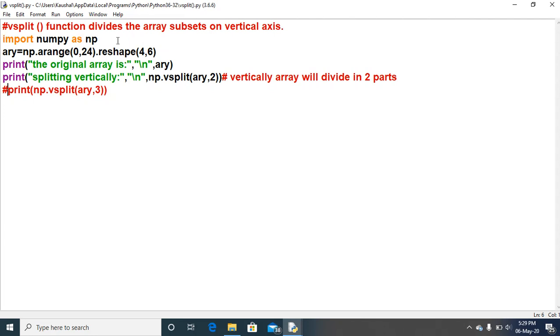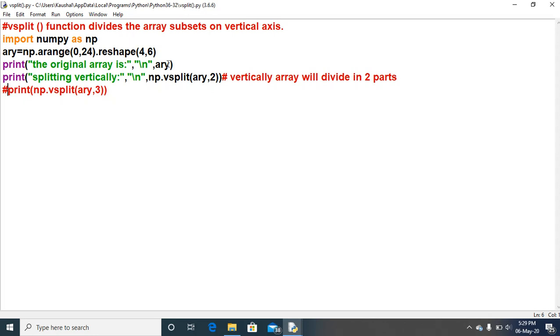So import numpy as np, the program starts from here, and I have created the same shape and size 2D array using arange, a 1D array created, and using reshape the 1D array converted into a 2D array with 4 rows and 6 columns. The same previous array I have taken as an example, and the original array is ARY.